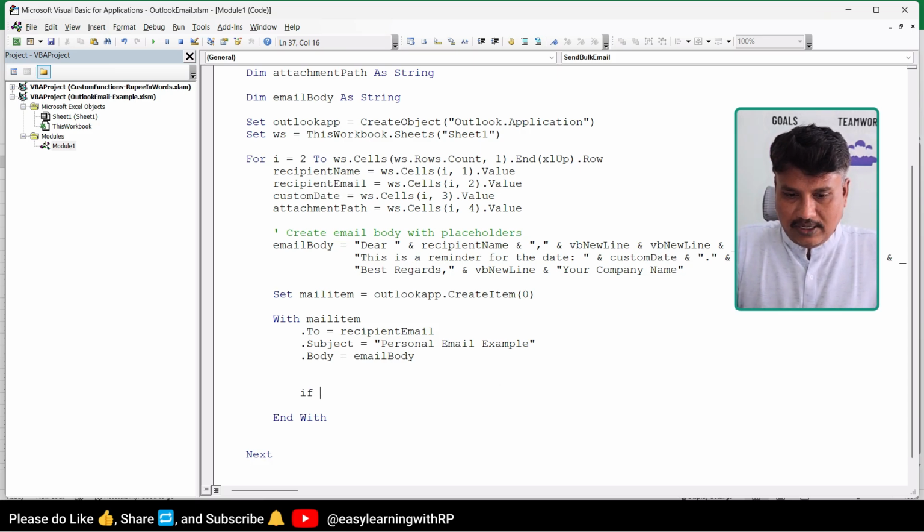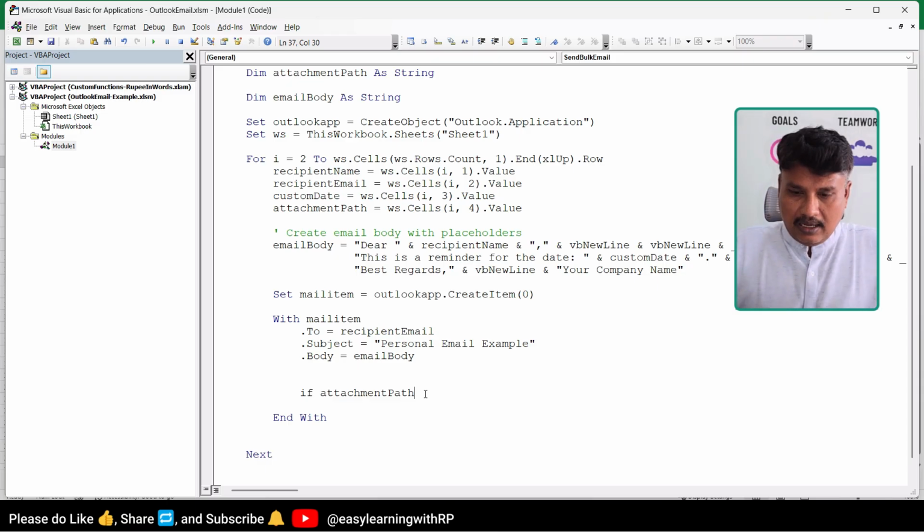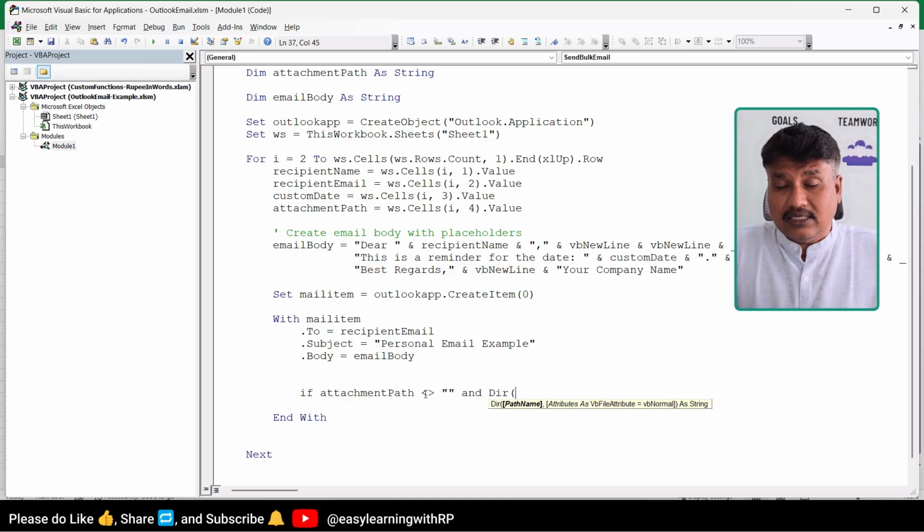So for this, let's check the attachment path. Okay, we already have this variable attachment path. If it contains some value, that means some attachment is there, assuming like that. So if it is not blank and Dir, we are also validating if the path is correct or not. If somebody has randomly pushed some information, then it won't work.